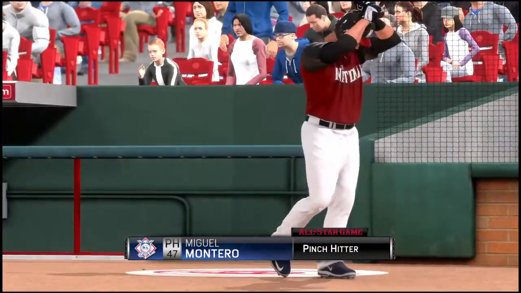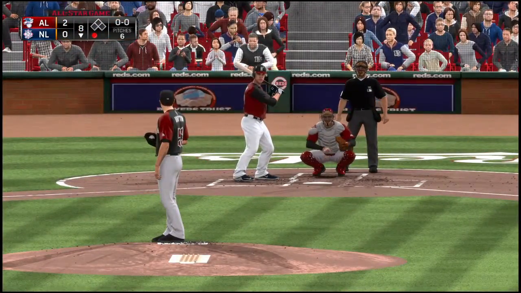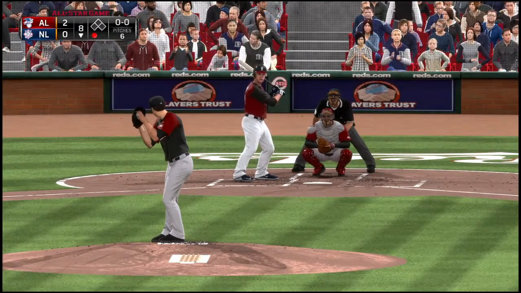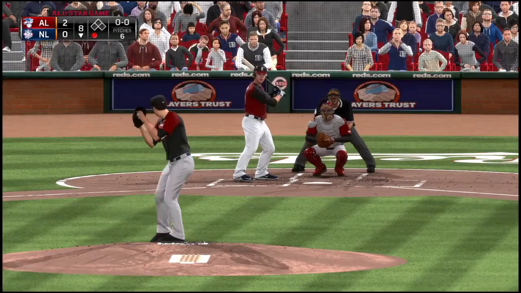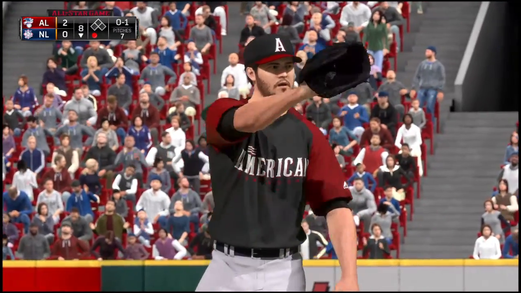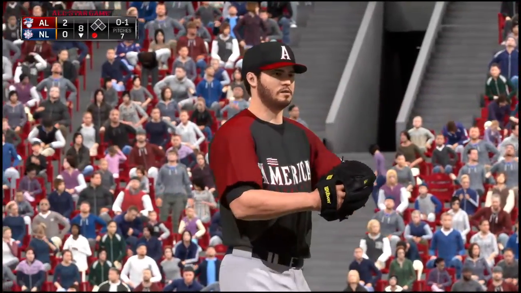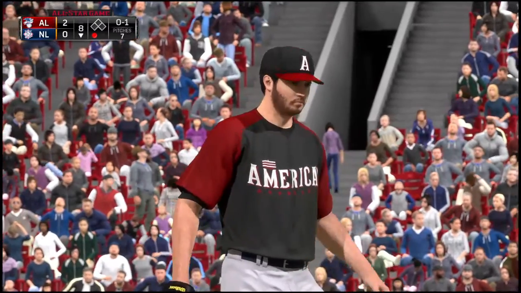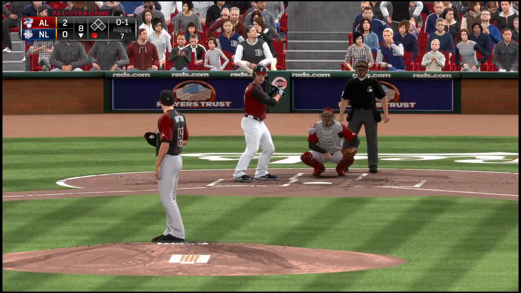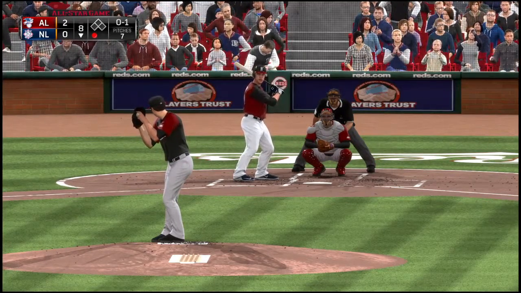Miguel Montero will move into the on-deck circle now to try to get something started here with one gone in the inning. And a fastball's in there for strike one. You have to say they've really had a good game plan for attacking the 3, 4, 5 hitters all game long. Yeah, and I think the only thing that's better than a game plan has been the execution of that game plan. You're exactly right. They've held this lineup at bay.